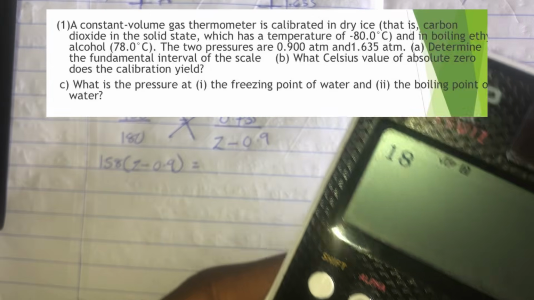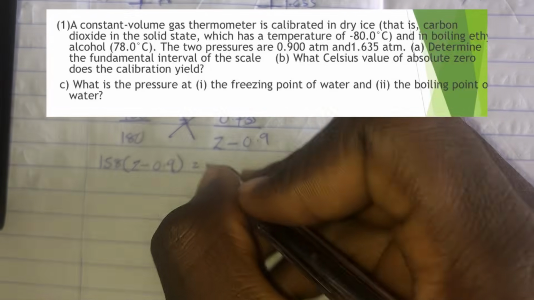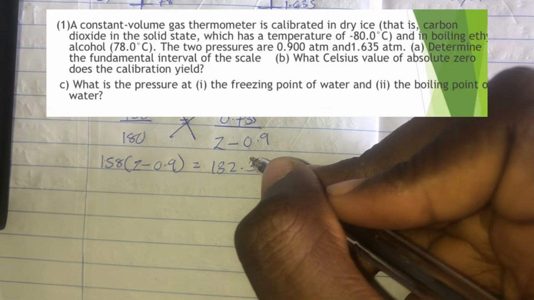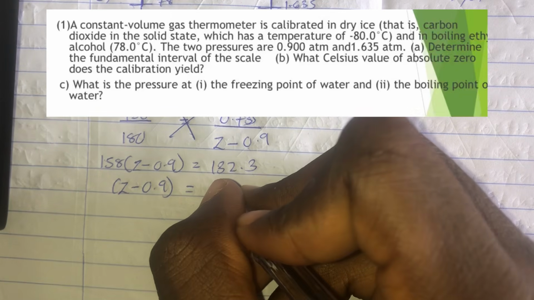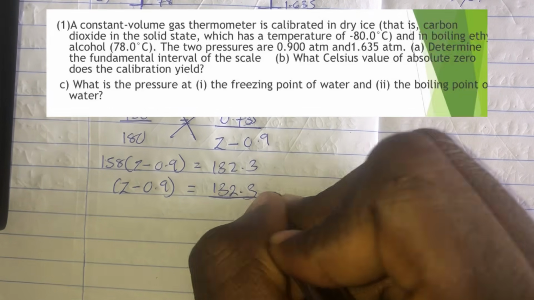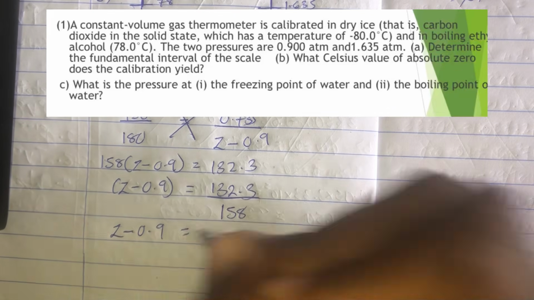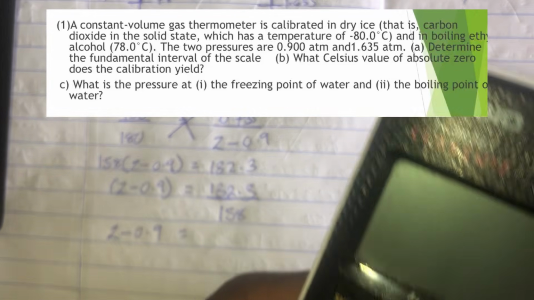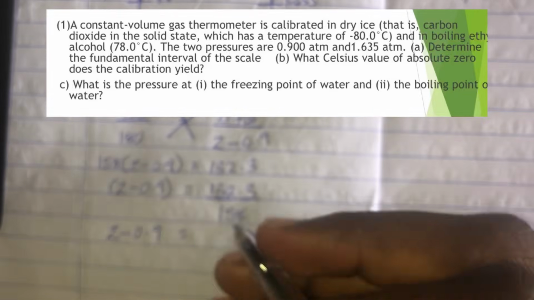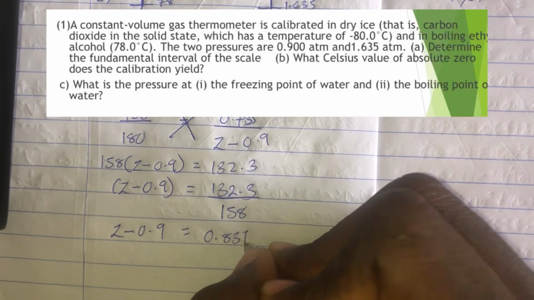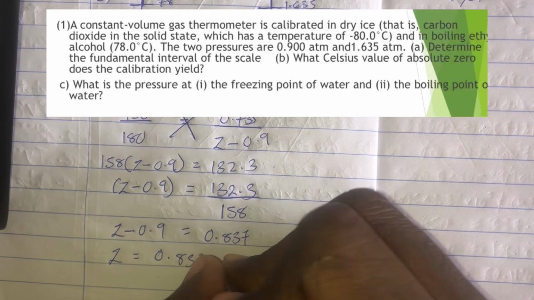cross multiply. 180 times 0.735 will give 132.3. So instead of opening this bracket, we can just divide both sides by 158, and that will be 132.3 divided by 158. That will give me 0.837. Then we can just add 0.9 to both sides, and that will give,